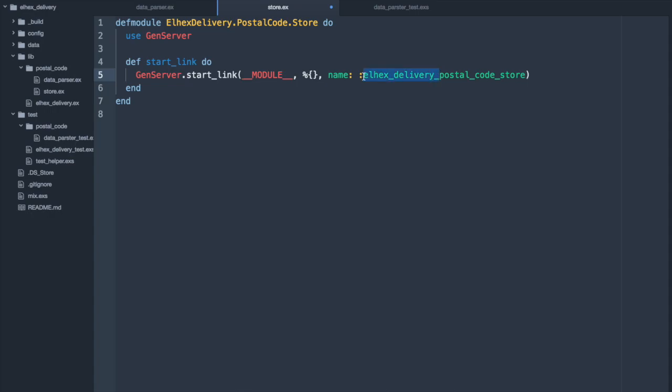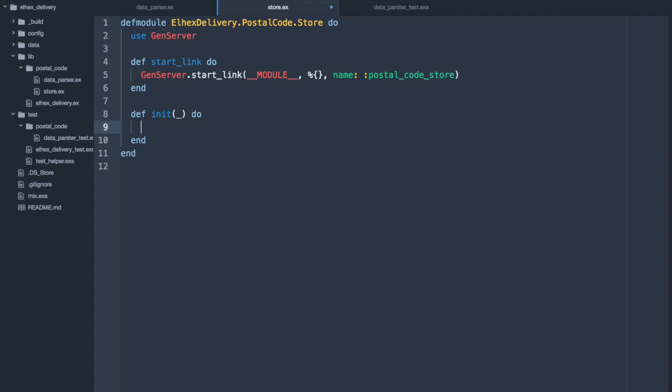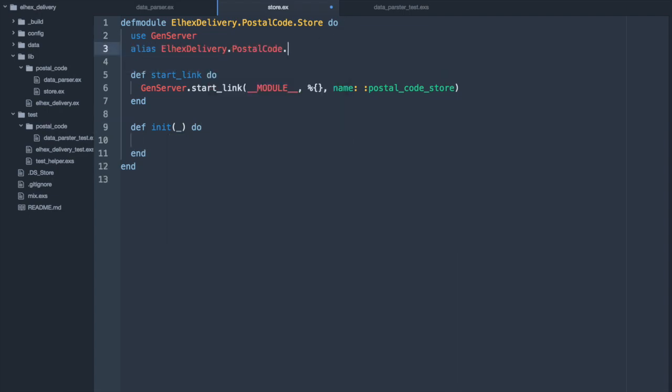The benefit of that is that we don't have to worry about tracking the process ID, since we can always refer to it by its name. The drawback of naming a process is that we won't be able to run multiple processes of the same type. We'll call our data parser module from inside the init method. We'll add an alias for it so that we can refer to it without its prefix. The data parser module is going to be called each time we start or restart our postal code stored GenServer